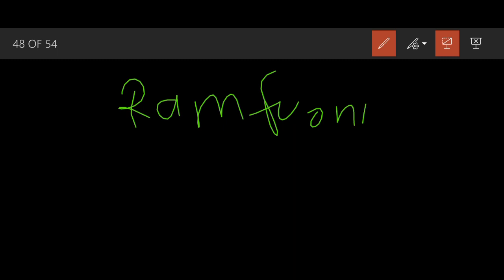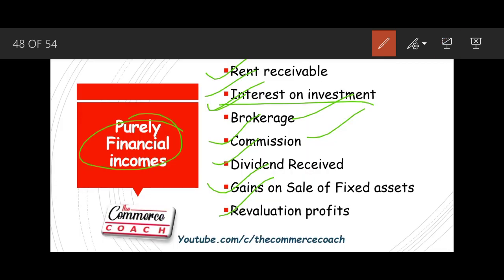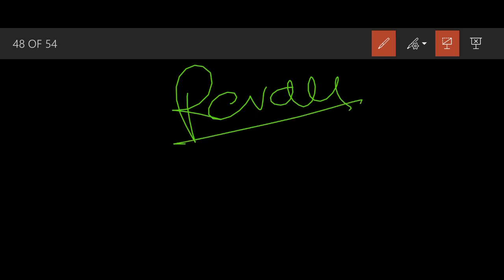See, if I talk about Ram Furnitures, so basically goods here are furniture. The business name tells it all, in which the business deals, or by looking you can see that this company deals in refrigerators. See, if a company deals in refrigerators, then the refrigerator will be goods for the company and not a fixed asset. So on selling goods it will be earning revenue and not gain. So there are different terms, profit and gains. Basically gains arise out of the items that we sell, like fixed assets, that are not normal for the business.